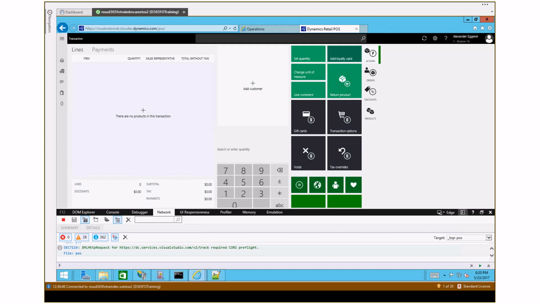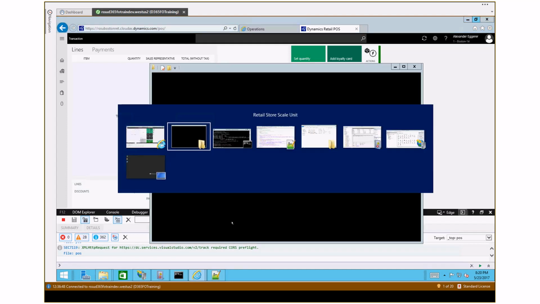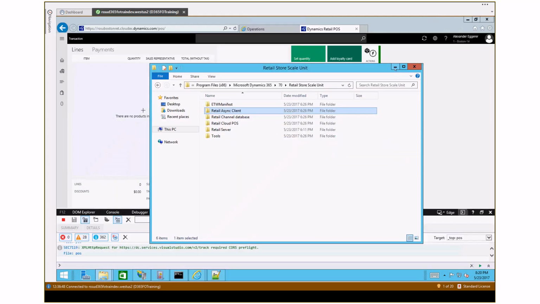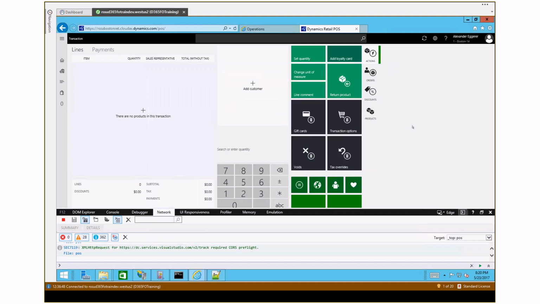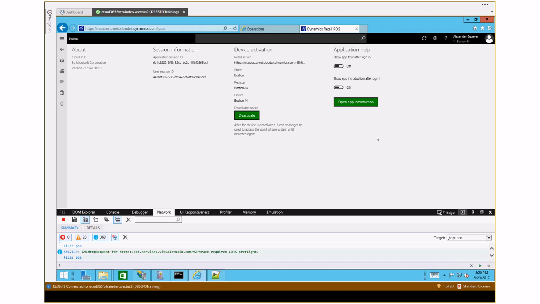The first one I'm going to show is the actual RSSU. Very quickly to verify, in the settings here in modern POS,